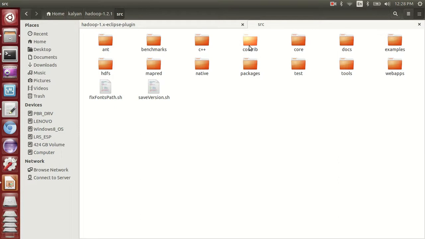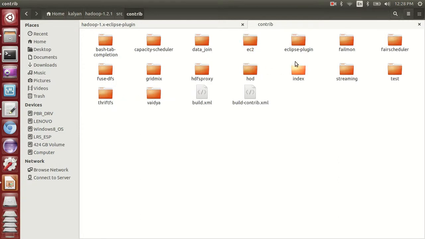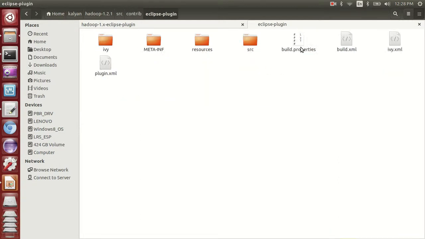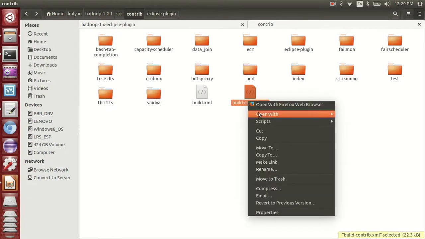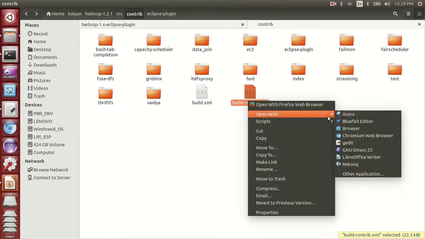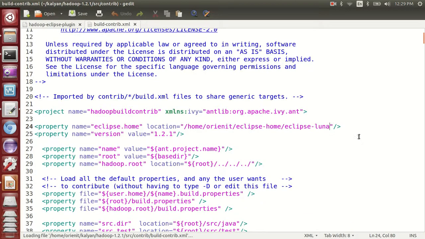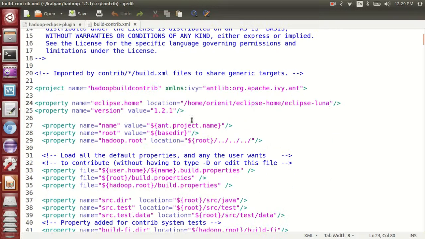Inside src, go to contrib, and inside contrib there is the eclipse-plugin folder. But as per our document, our file is inside the contrib folder itself, that is build-contrib.xml.